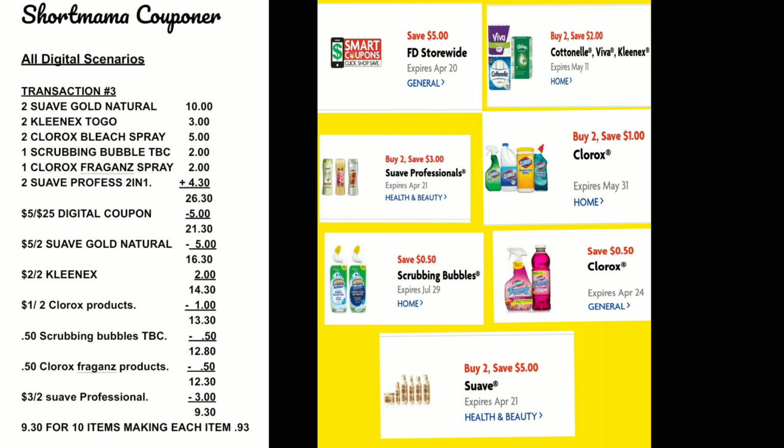Okay, and yes, I put those to go because it's an item that is easily used. You can just easily put it in your wallet and stuff. It's just easy for you to carry around. But anyway, all those items equal up to $26.30. That 5 off of 25 is going to come off, make it $20.30. The 5 off of 2 for the Suave Gold is going to come off, make it $16.30. The 2 off of 2 for the Kleenex make it $14.30. That $1 off of 2 for the Clorox products make it